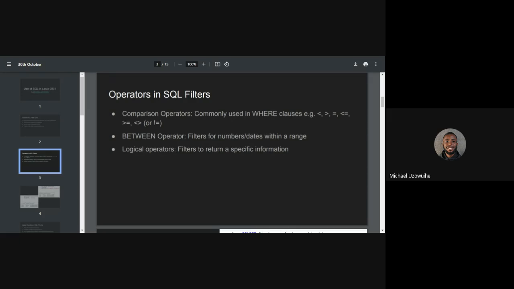A critical example I can set is the kind we do when we want to ascertain those who are products of a particular grade. Let's say people who have 70 and above and have attended lectures, 70% of the lectures. We want to know who met the criteria: they passed this exam with 70% in exam score and also have 70% in their attendance. So when we say and, that means it will only bring us people that